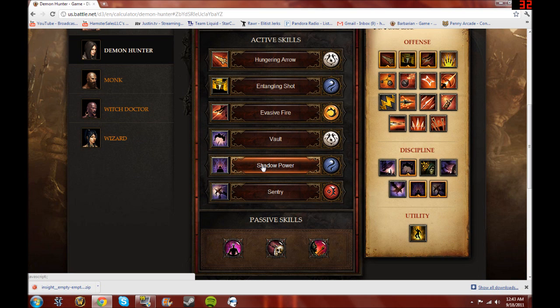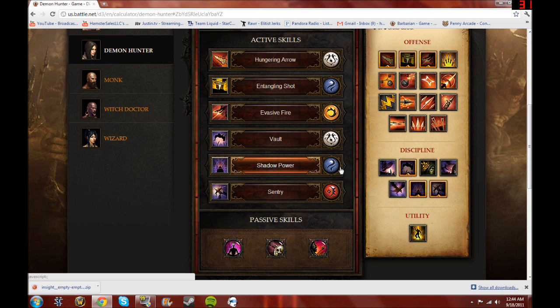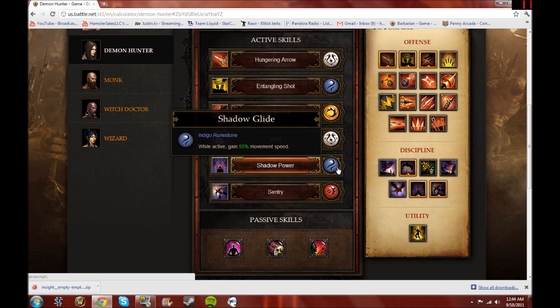The next ability I chose was Shadow Power. Causes you to draw on the power of the shadows, increasing your attack speed by 50%. Seemed like an extremely powerful self-buff, especially for a ranged DPS class, essentially increasing your damage output by 50%, and of course we have a slick rune to go with it. This one giving me 55% movement speed, so in addition to firing extremely quickly, I'll be able to quickly reposition